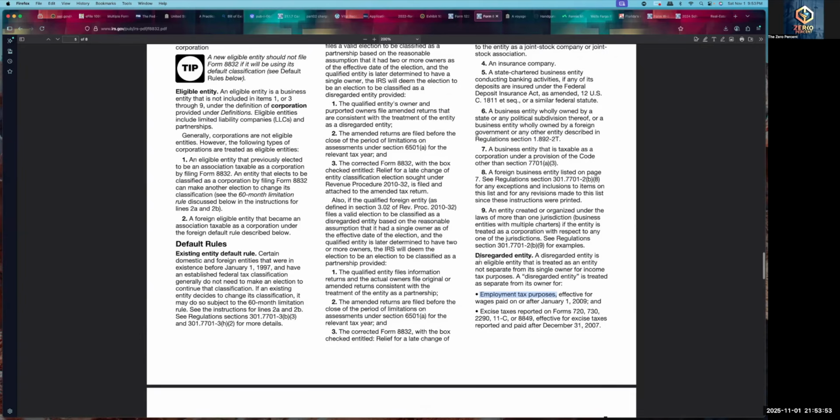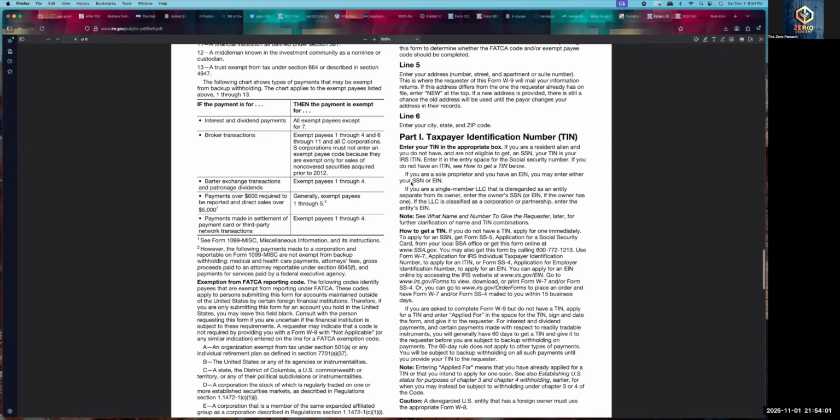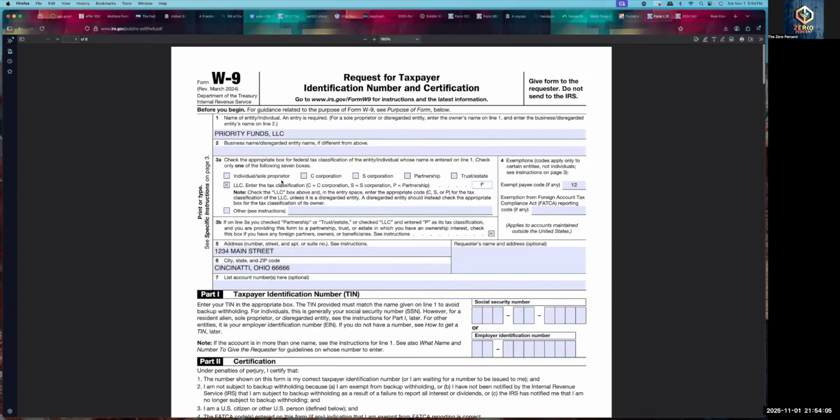So I need you to understand the disregarded entity section, so you better have a clear understanding of why they want you to put the letter P right here for your LLC. If it was a corporation, then you're going to have to select corporation. Now,